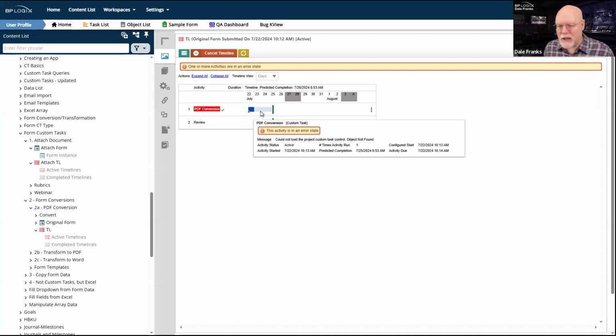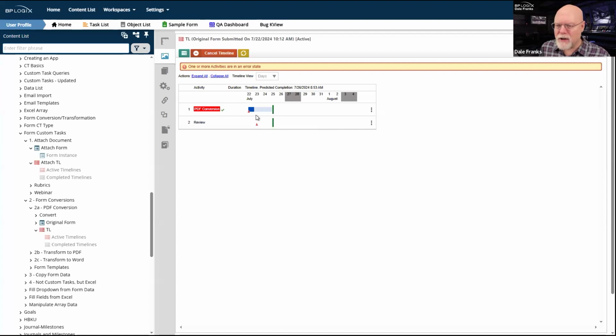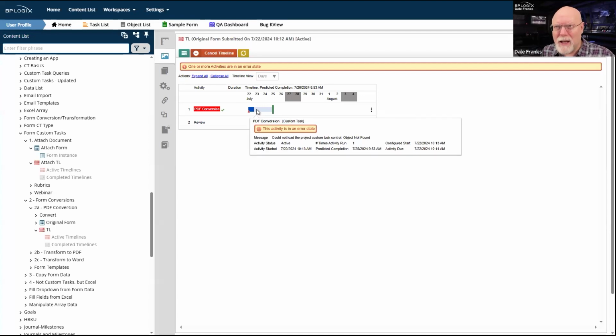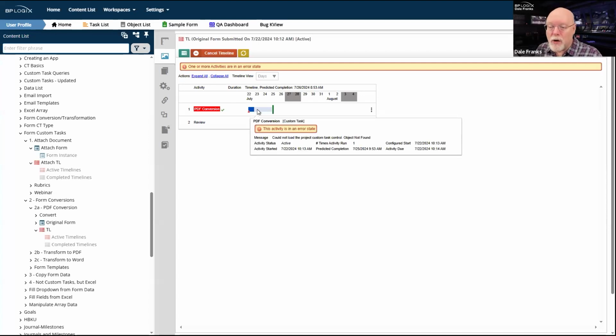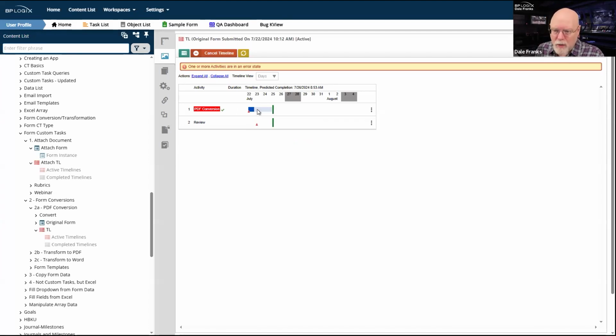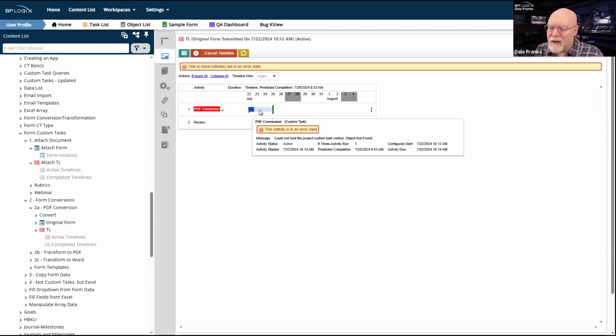And this is what I see on their PDF conversion task, although I think their PDF conversion task is task number 53 in their timeline. So it's a much larger timeline, but I've got to clear this out. Now, usually what I do is simply restart the process. I'm not sure that's going to work here because I don't know exactly what the process is, but something is not found. I've made a change to the form definition, and it doesn't exist anymore. So I simply may not be able to fix this.